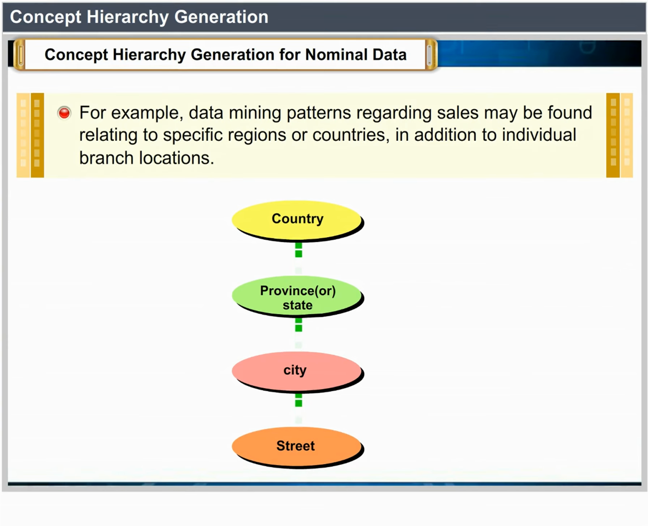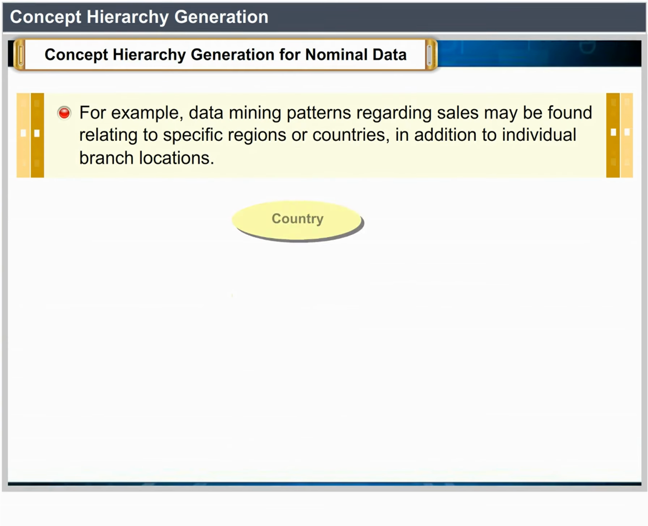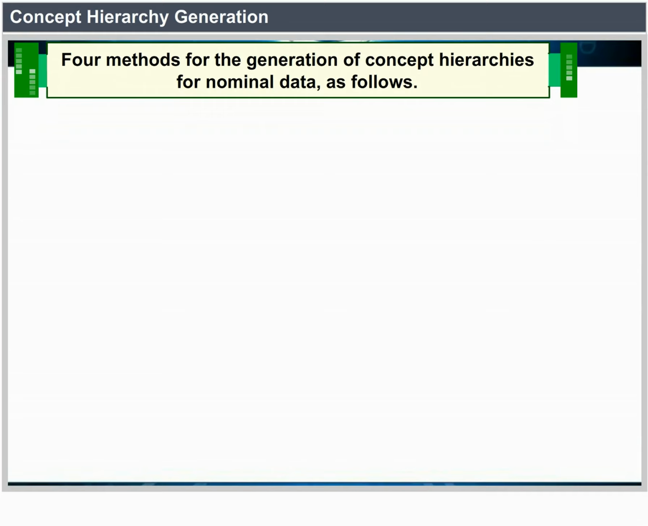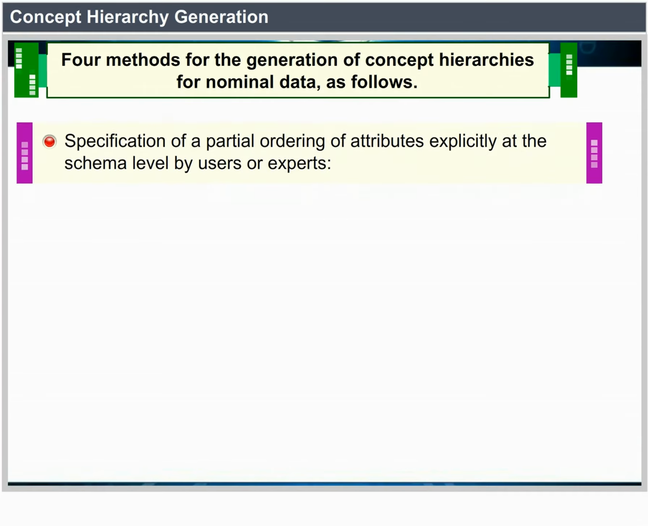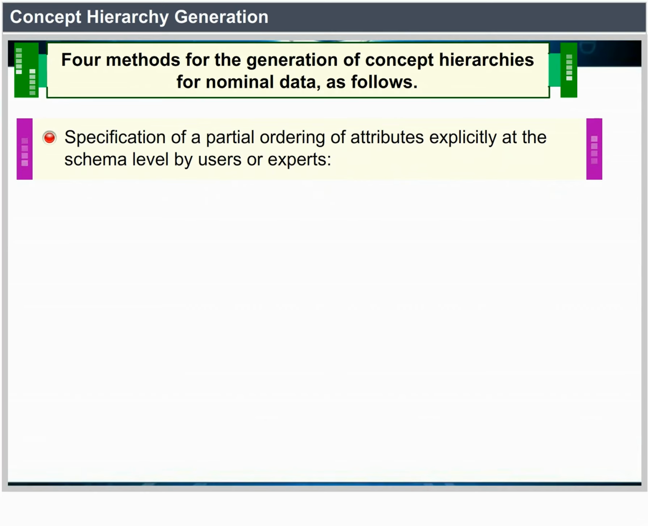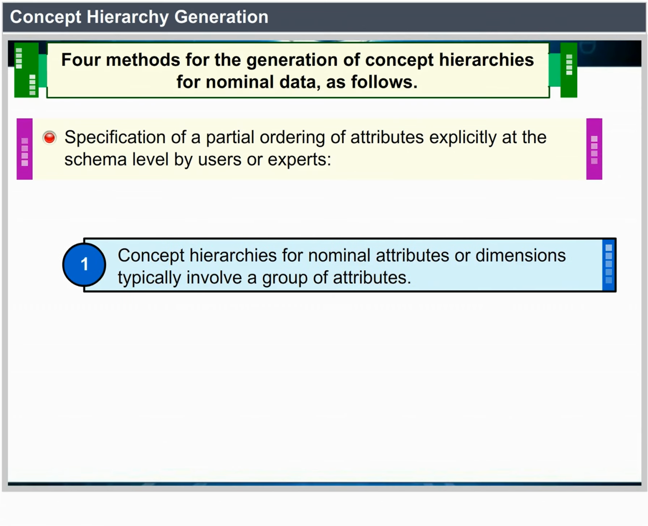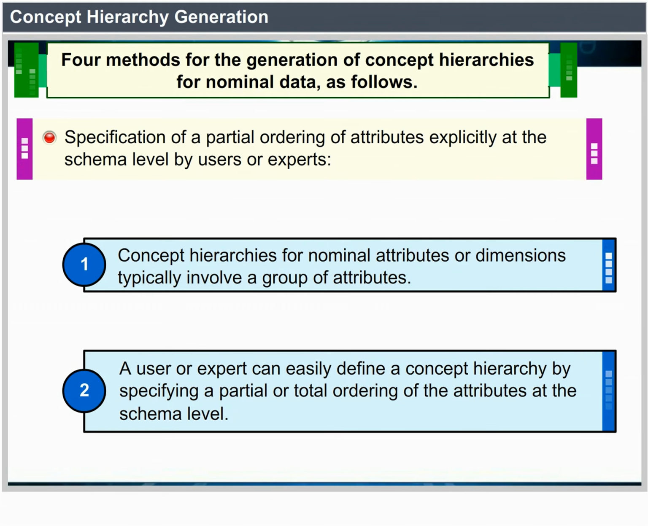For example, data mining patterns regarding sales may be found relating to specific regions or countries, in addition to individual branch locations. Four methods for the generation of concept hierarchies for nominal data are as follows. Specification of a partial ordering of attributes explicitly at the schema level by users or experts. Concept hierarchies for nominal attributes or dimensions typically involve a group of attributes. A user or expert can easily define a concept hierarchy by specifying a partial or total ordering of the attributes